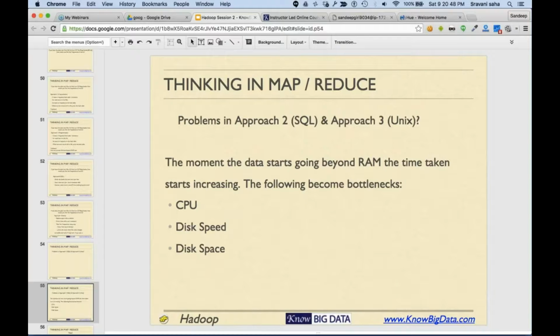If it can be processed, then the processor will become the bottleneck. So there are many things that will become bottlenecks. As soon as the data grows beyond tens of gigabytes, a lot of time is required to read the data from the disk. As well, when the data is huge, it takes a long time to sort the data,